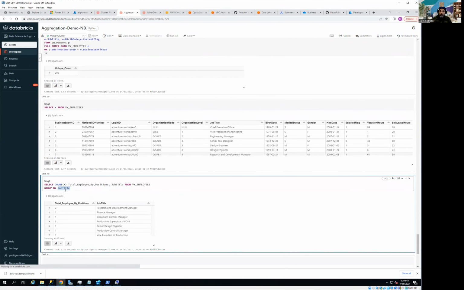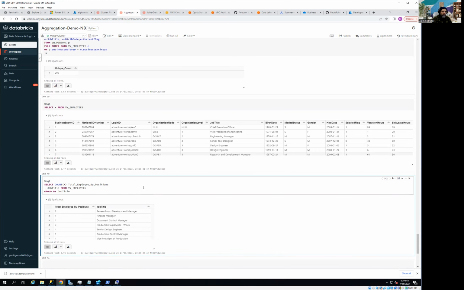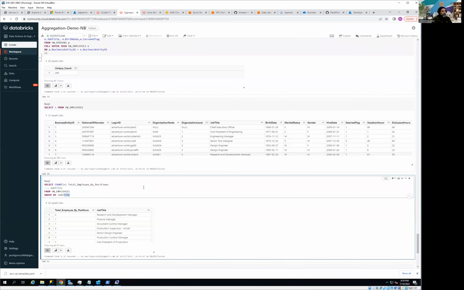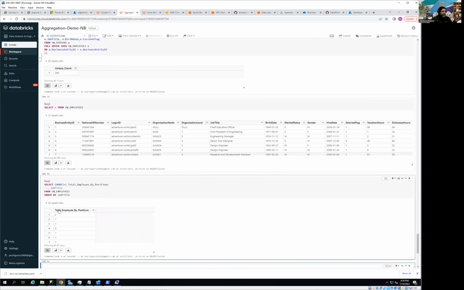And one thing you have to keep in mind once you are writing an aggregation query: if the column is not used in an aggregation function, for example here job title, where we are not applying any aggregation on this column, then we are going to put that column in the group by clause. If I miss this column in the selection area and just put the group by clause with the column name, I'm going to get an error that the column it is expecting